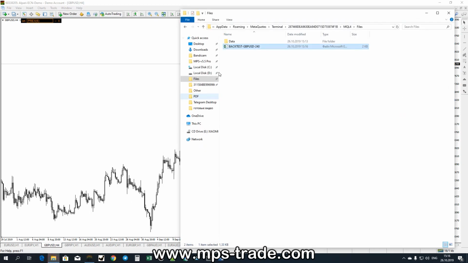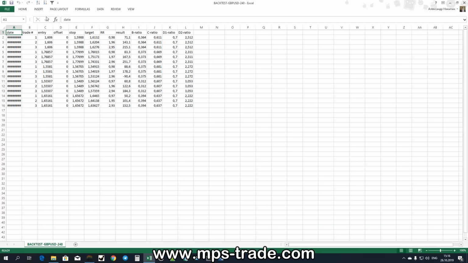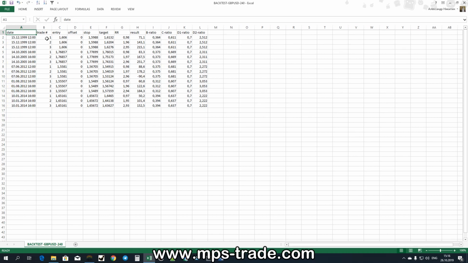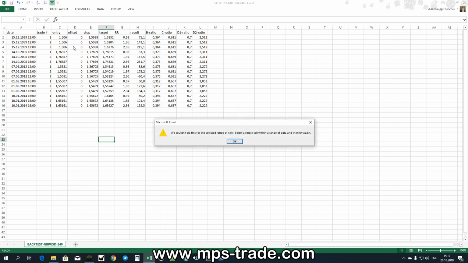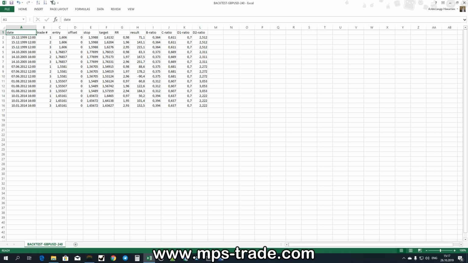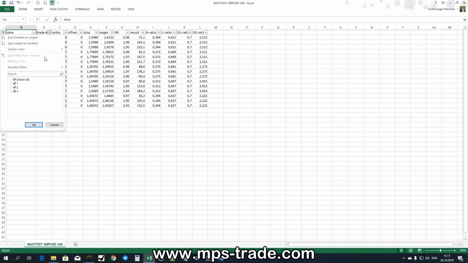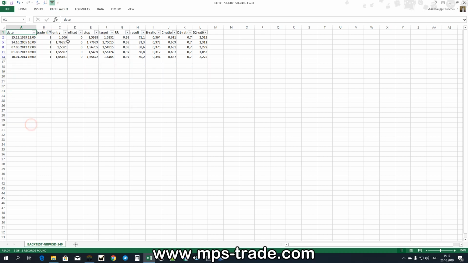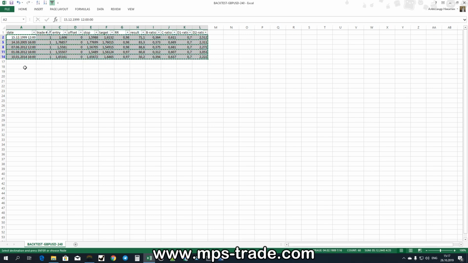Now let's go to our backtest file, and we have this picture with times, with target 1, target 2, target 3, with entries, with stops, targets, risk to reward results, and B point, C point ratios, and D point and D point 2 ratio. So we can refine it even further. Okay, what I want to do, I understand this. Okay, I want to select target 1, yes, and I want to copy this and paste it